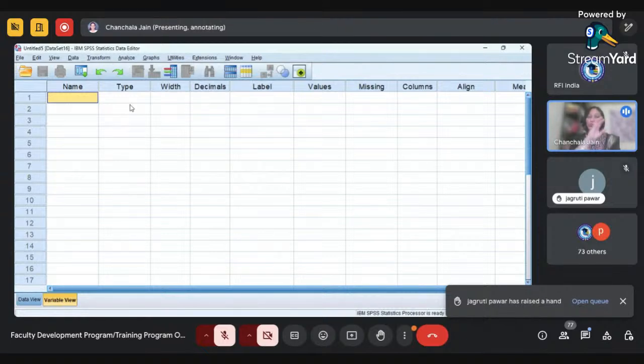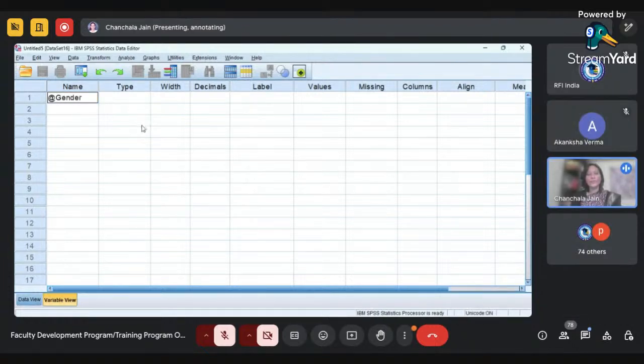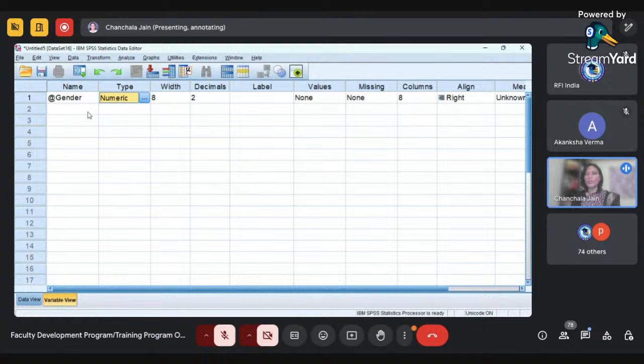So if you want to use these special characters in the name of a variable, you can keep them in between any of the alphabets, or at the end. There is no problem with that. Initially, you cannot keep them. But if you want to use the at the rate symbol, I am pressing tab now. No problem with that. It is allowed by SPSS. So if you want to start the name of your variable using at the rate, SPSS will not create any problem for you. Is it clear?